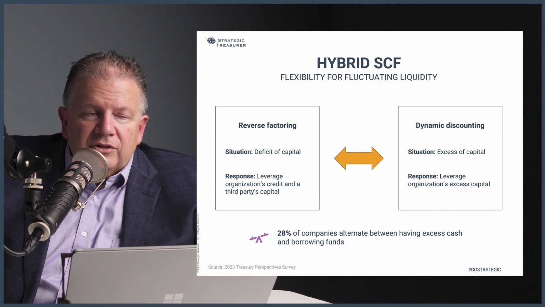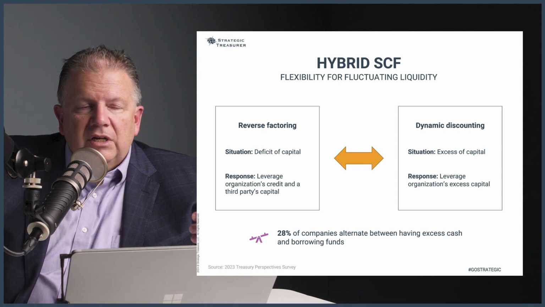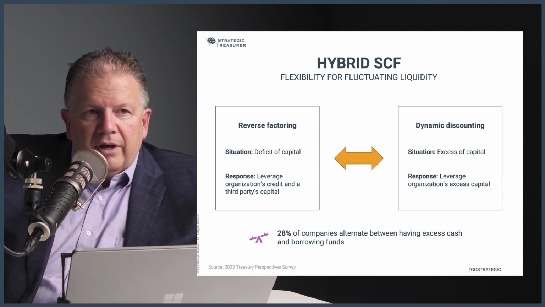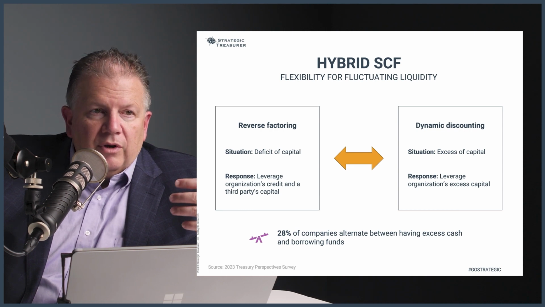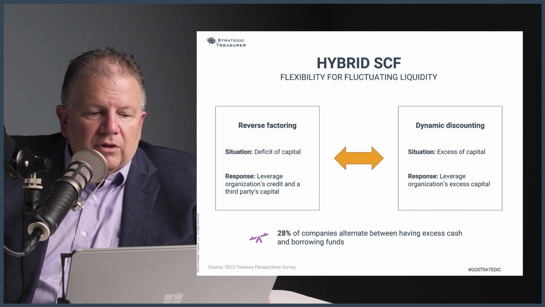You may have extra cash at times. You may have extra cash that you want to put to work, either in the business or in your cash conversion cycle. So I have excess capital. I put it in there. Maybe I allow people to take their payments earlier. And so I offer that so that people can pay